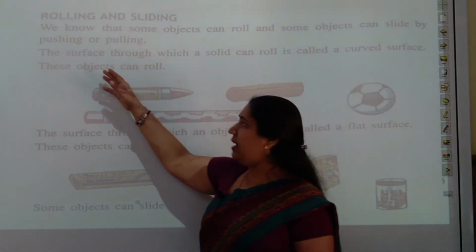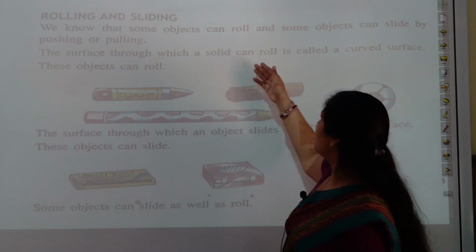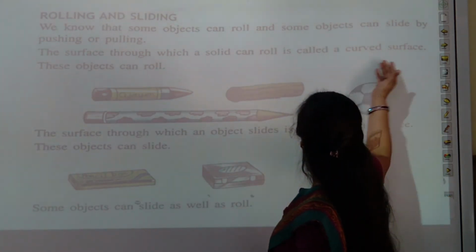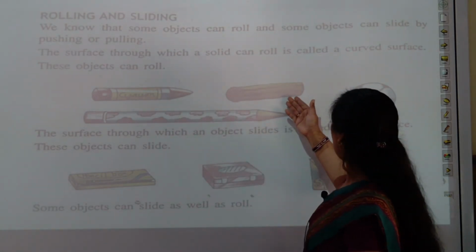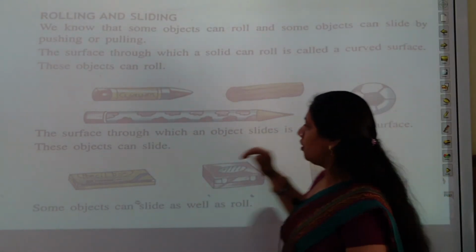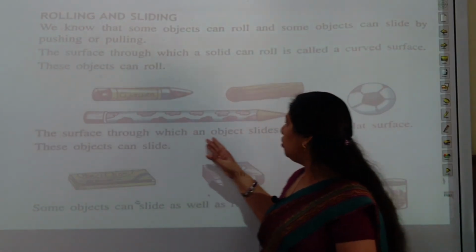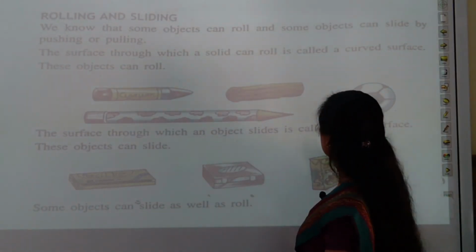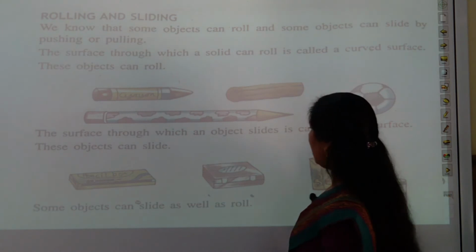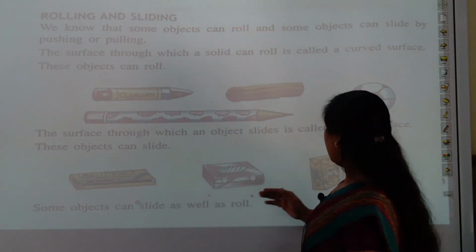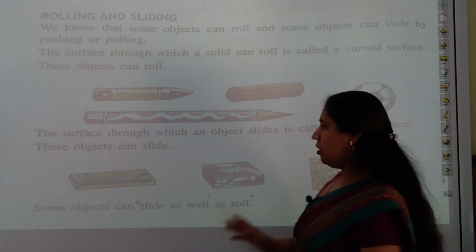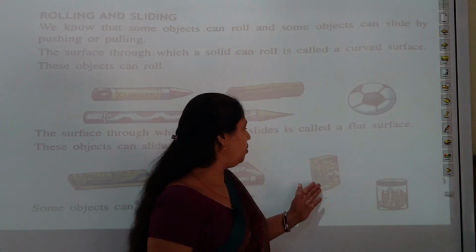So the surface through which a solid can roll is called a curved surface, like crayon, your pencil, log of a wood or your football. And the surface through which an object slides is called a flat surface, like your pencil box, your geometry box, tiffin box or your juice can.